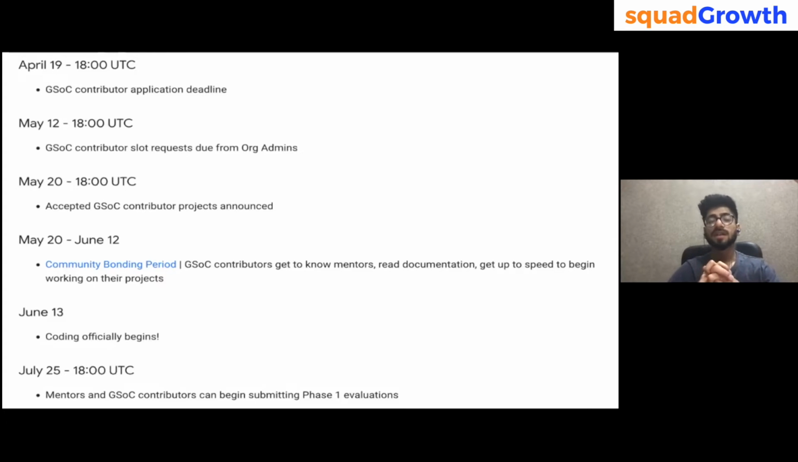Then after that is the coding and community bonding period. From 20th May, there is a 3 week community bonding period. This is for meeting with the mentors, understanding them, and maintaining some relationship with them, so that if you want to contribute, they can help. And if you want to build a front end application, then you can design the Figma in that period,